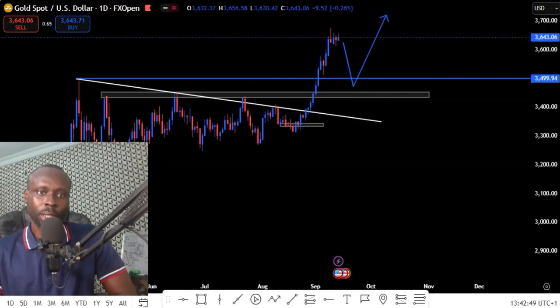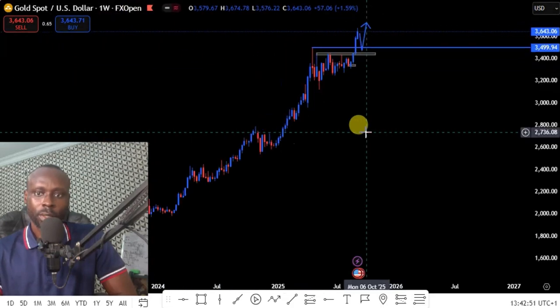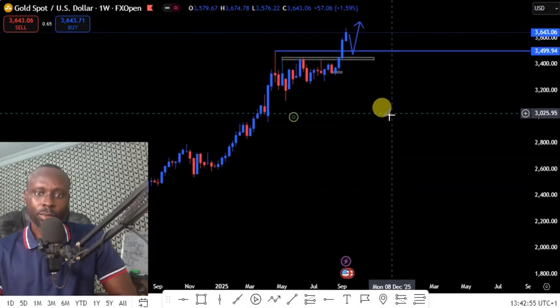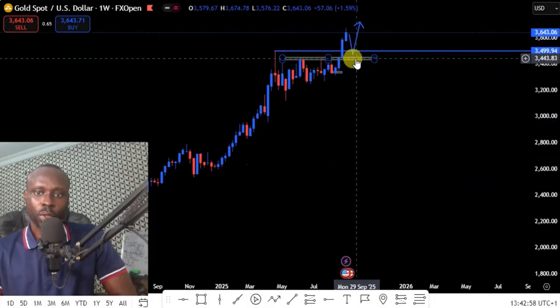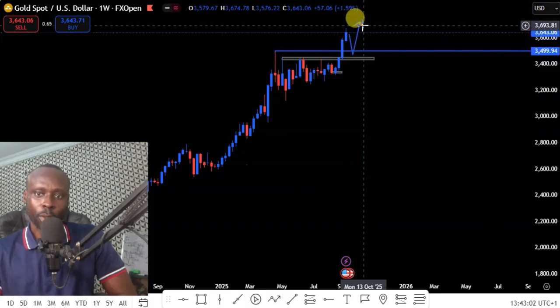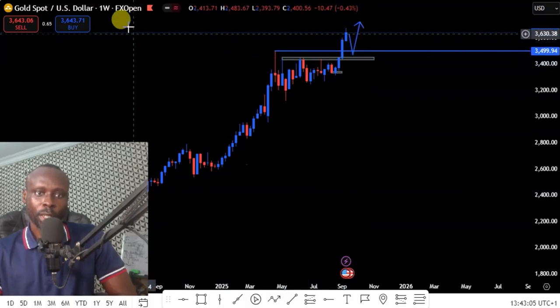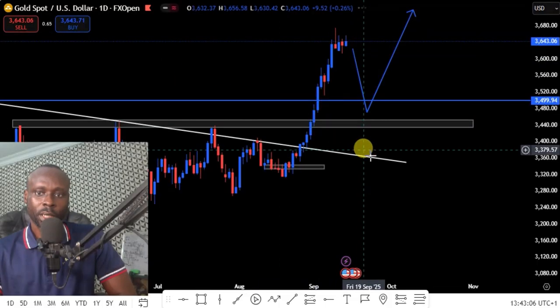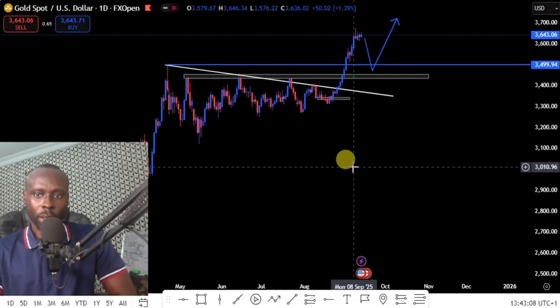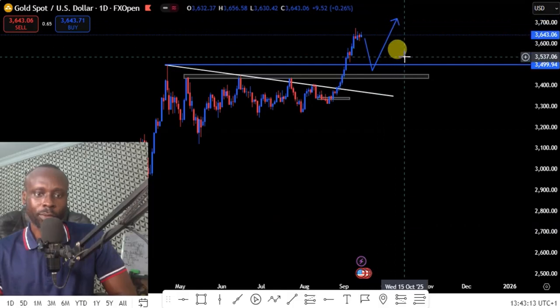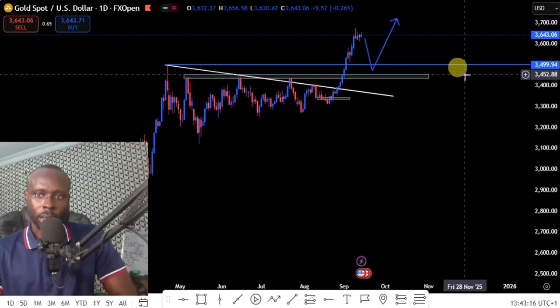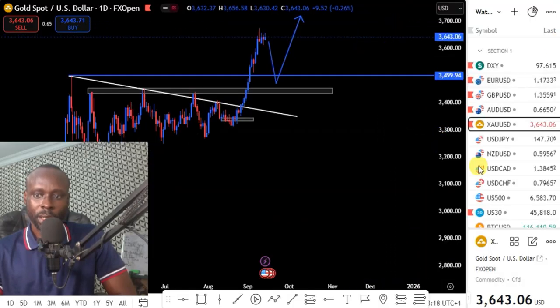So let's look at the weekly chart of the gold USD. On my weekly chart, we have this uptrend structure on the gold USD. So long as we have this uptrend structure, we wait for price to retest this support zone. Then we start looking for buying opportunity for the gold to the top. So gold still remains bullish this week. So expect price to retest any of these zones before we start looking for possible buying opportunity for the gold USD. So let's look at our next pair, which is the